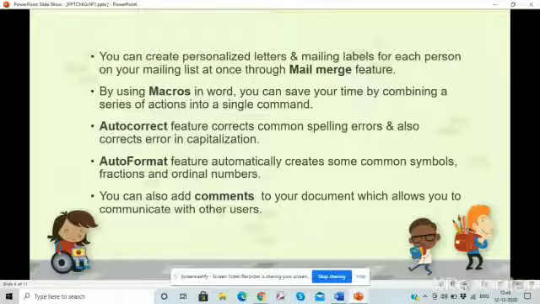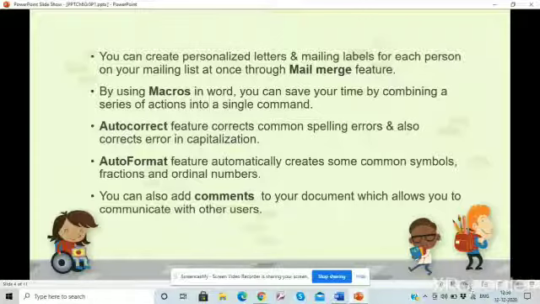Comments, when there are more users of a single document. Suppose I am working on some document and you are also working on the same. How could you come to know what I have done? So we can use the comments to inform each other what we have done. We can add comments to our document, which are actually hidden and they don't come in printing. Okay, when you take the printout of your document, it doesn't show your comments.